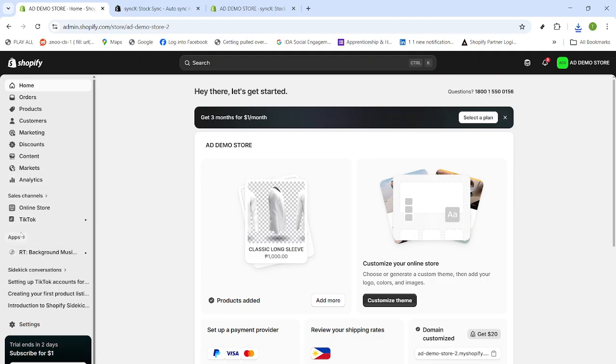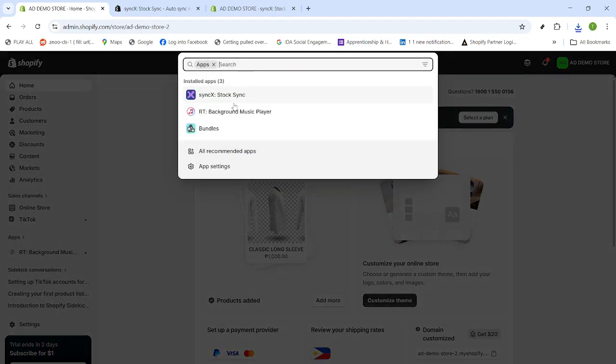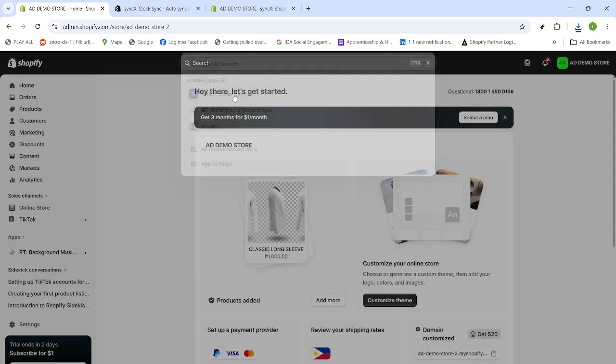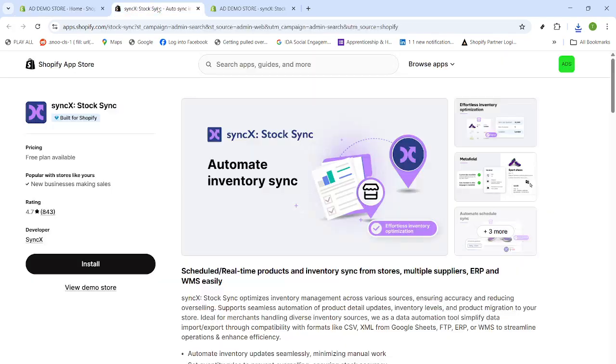Start in your Shopify admin. From the home screen, open the Apps section in the left-hand menu. Use the search field to look for an inventory tool called Stock Sync. Then open its listing. Click Install to add it to your store, and confirm Install again to approve the requested